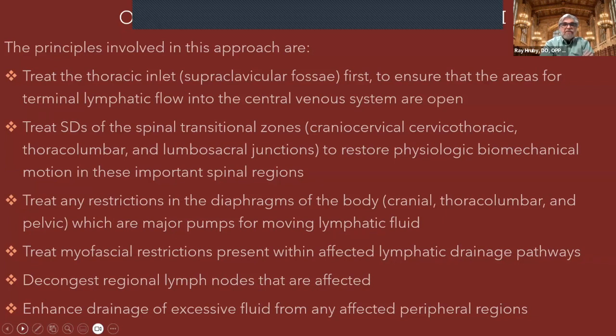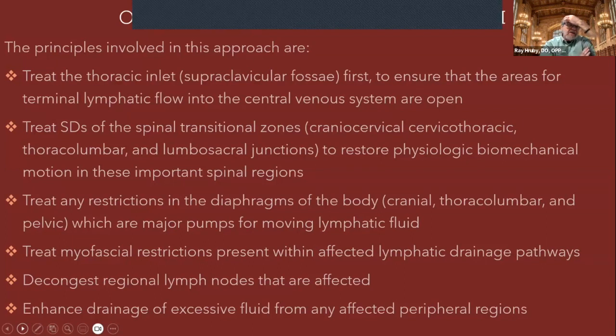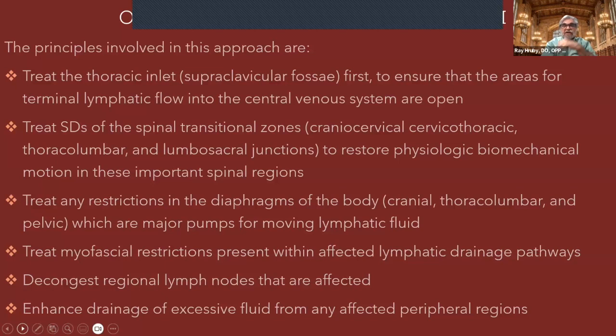hypertonicity in the soft tissues in these supraclavicular fossa areas, checking the upper rib cage, particularly the first rib area that you can palpate in that fossa on each side, and making sure the upper ribs are moving symmetrically and as well as they should, because that respiratory effort in that region is going to be one of the major